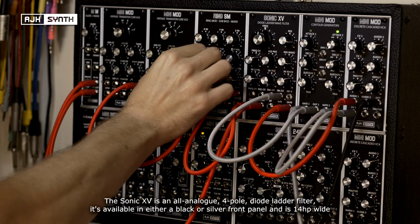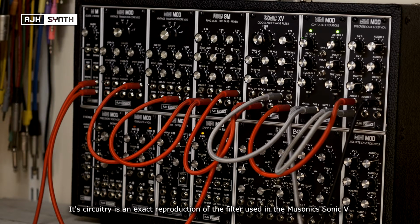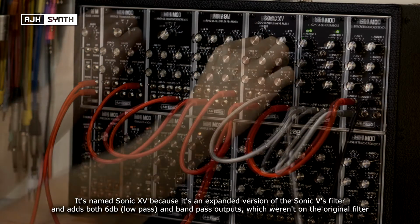The Musonics V is an all-analogue 4-pole diode ladder filter. It's available in black and silver front panels and is 14 HP wide. Its circuitry is an exact reproduction of the filter used in the Musonics Sonic V synthesizer. It's named Musonics V because it's an extended version of the Sonic V's filter and adds both 6 dB and